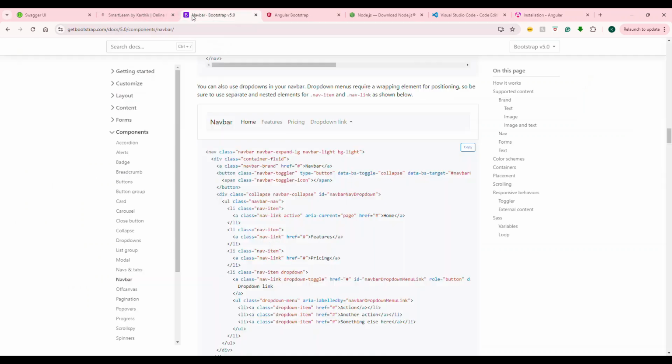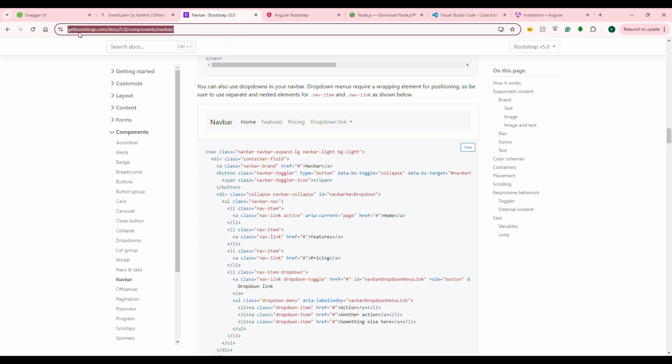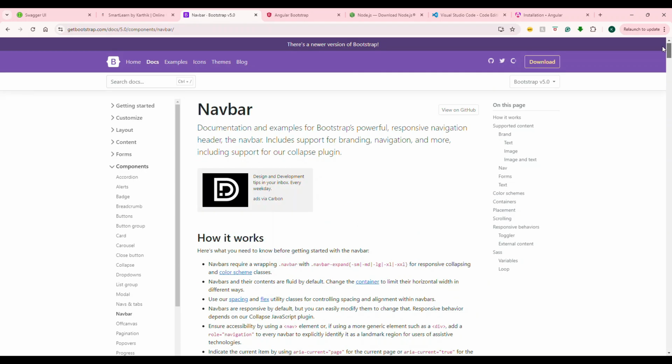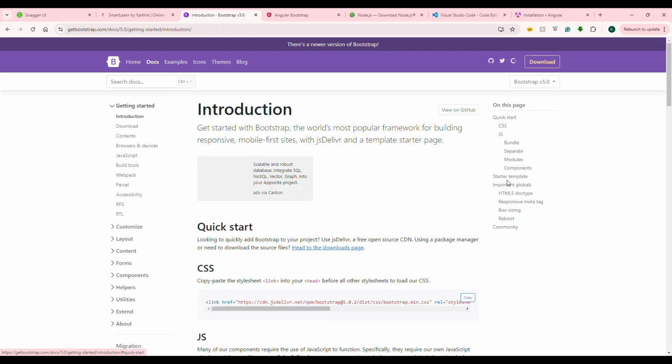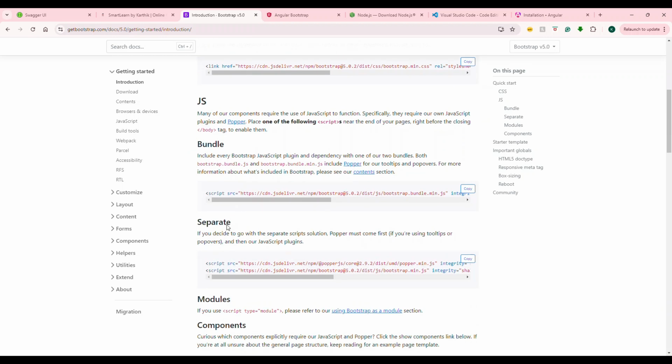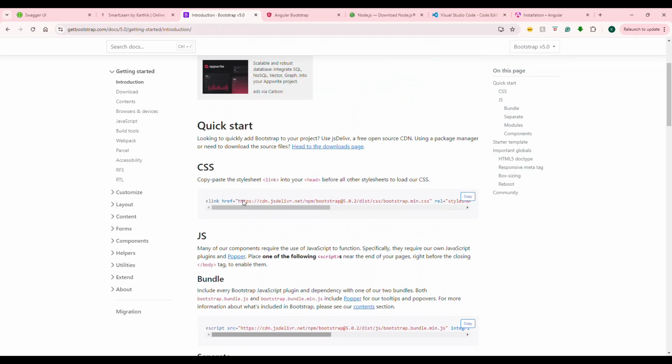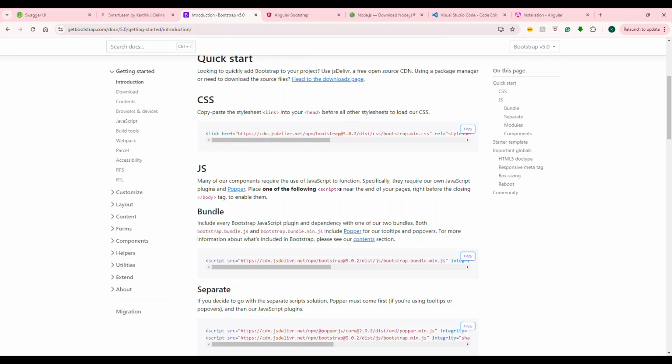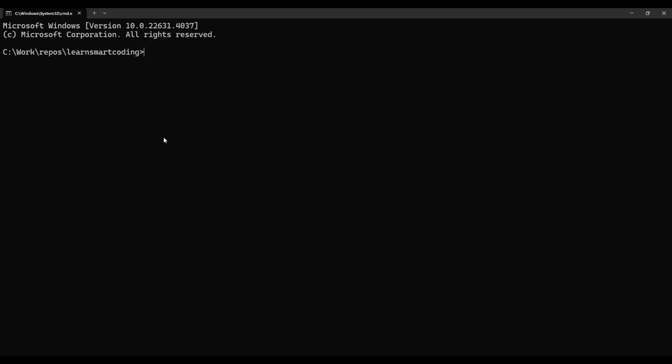So now what we are going to do is use the Bootstrap 5 CSS, like basic CSS. We're not going to use any templates. In order to get Bootstrap 5, this is the official website. If you know the history, this is from the Twitter company, which is now called X. Anyway, we need to use this CSS and the JS bundle, and we are going to start with a